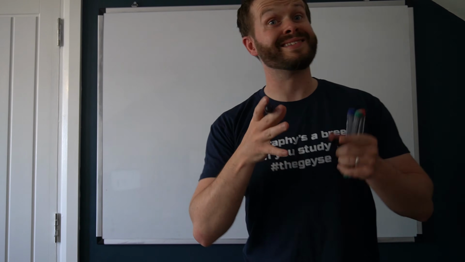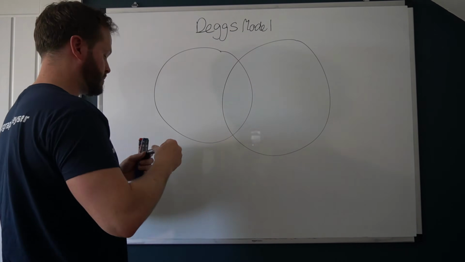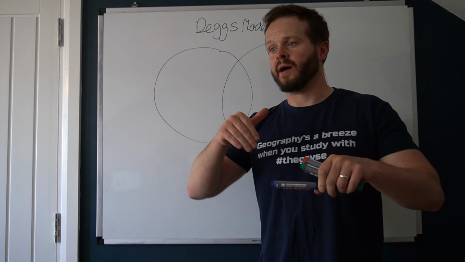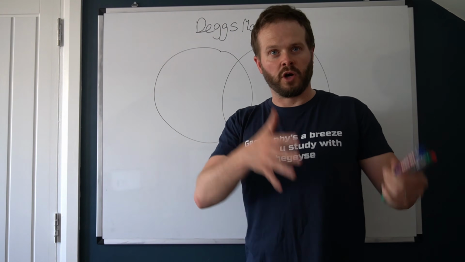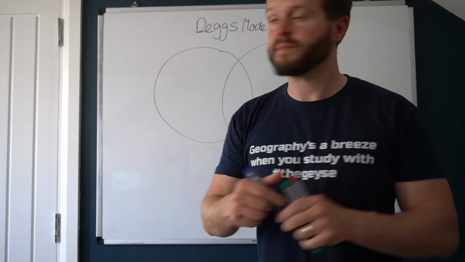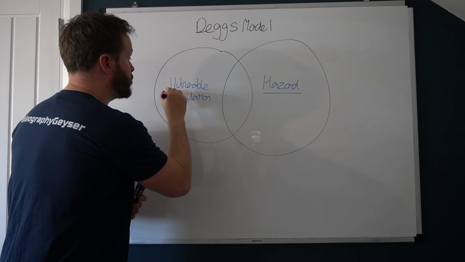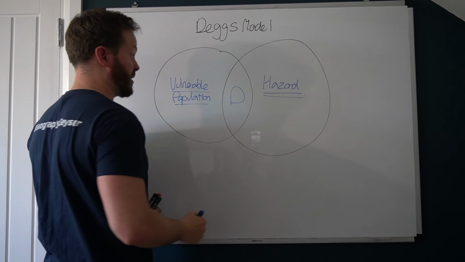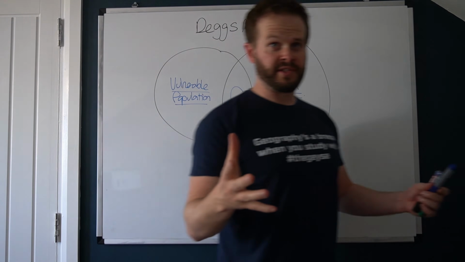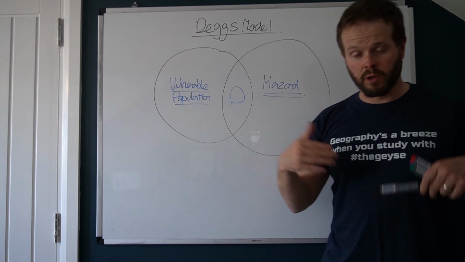So the first of our vulnerability theories is the simplest, and it is the DEGGS model. In that overlap where we get what we term a tectonic disaster, rather than it just being a tectonic hazard, we've got a tectonic disaster. And that's because a vulnerable population has been exposed to a hazard, and the overlap there is where we get the disaster. So if you're presented with a vulnerability 12 marker, then the DEGGS model is probably the simplest one that you